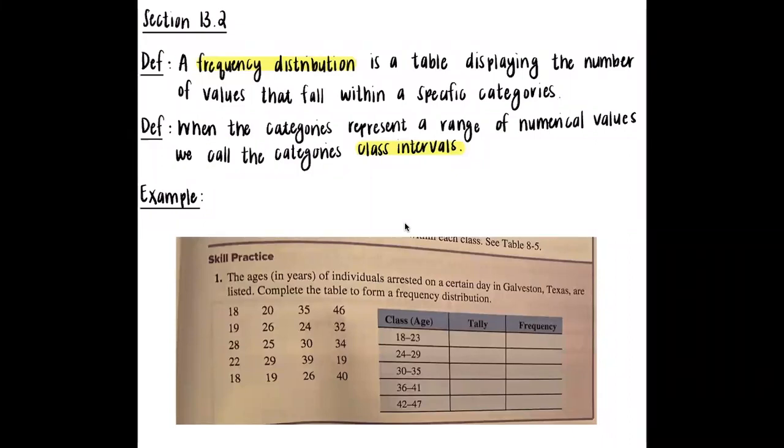I can't stop yawning. So, a frequency distribution is a table displaying the number of values that fall within a specific category. So, that's the biggest thing. As we saw in past examples,